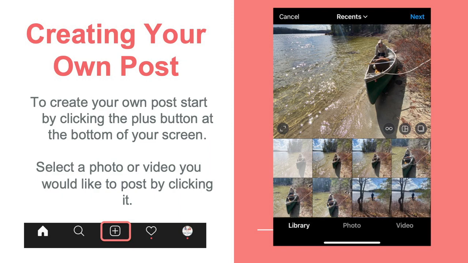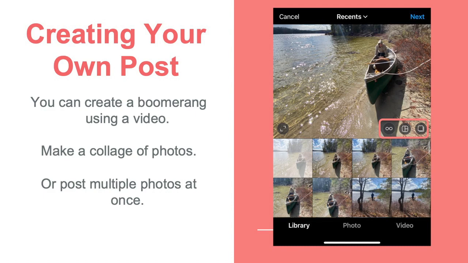It's a plus sign in a box, and that just means you want to add something. So you would hit that, and then it would take you into whatever gallery you have on the device you're using. It would probably take you to your camera roll on your iPhone, and then you would be able to just select a picture that you want to post. And there's a lot of different ways to post. So we'll go to the next slide, and we'll show you how to do that.